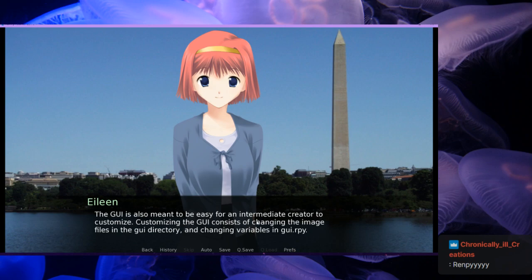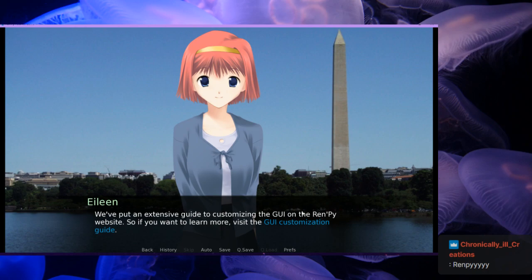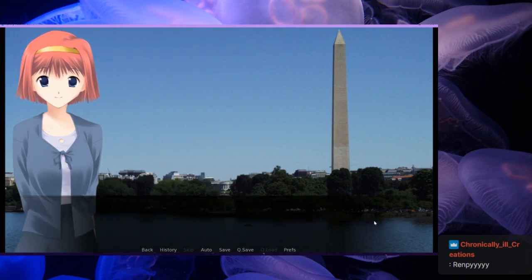Customizing the GUI consists of changing the image files in the GUI directory and changing variables in GUI.rpy. At the same time, even when customized, the default GUI might be too recognizable for an extremely polished game. That's why we've made it easy to totally replace. We've put an extensive guide to customizing the GUI on the Renpy website, so if you want to learn more, visit the GUI customization guide.